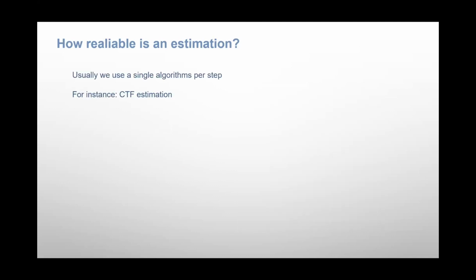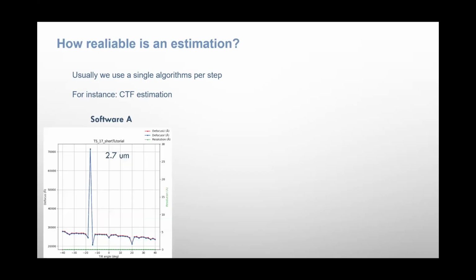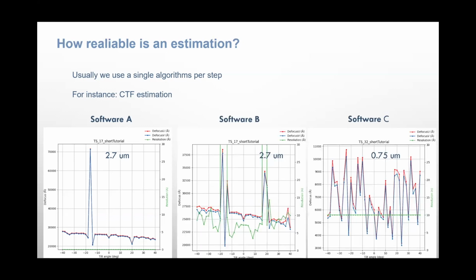Something that we can do is, instead of using a single algorithm, use many algorithms. For instance, let's estimate the defocus with one software, software A. What I'm showing here is an experimental case. The software obtained 2.7, except for one view that is around 27 degrees, for instance. We execute the same experiment with software B and software C. Software B is more or less in agreement, providing the same CTF estimation, but software C is